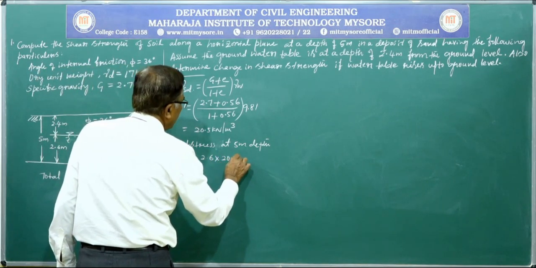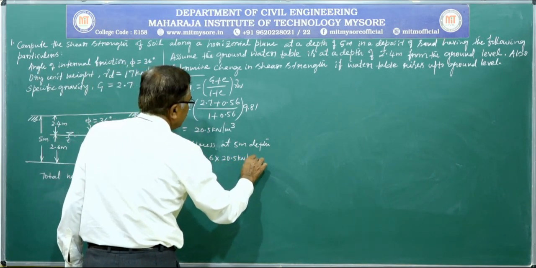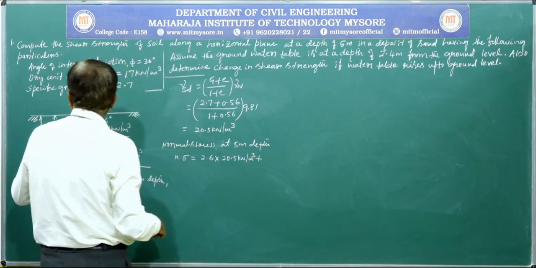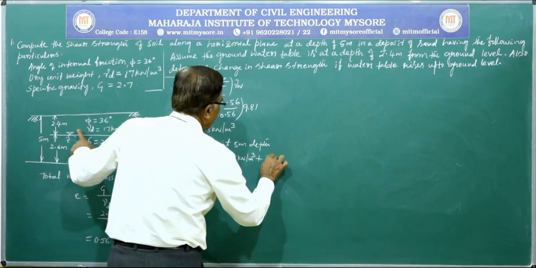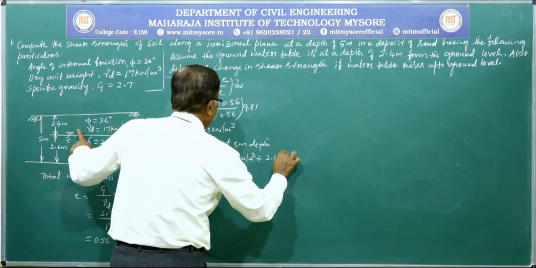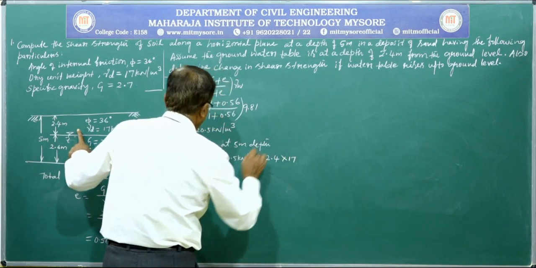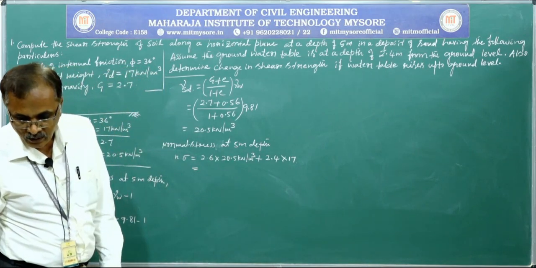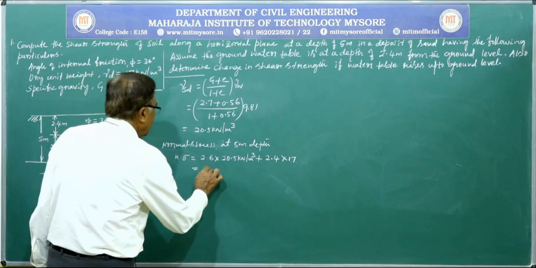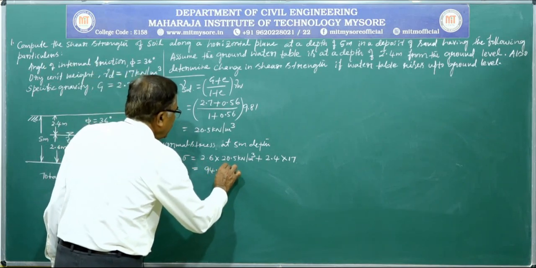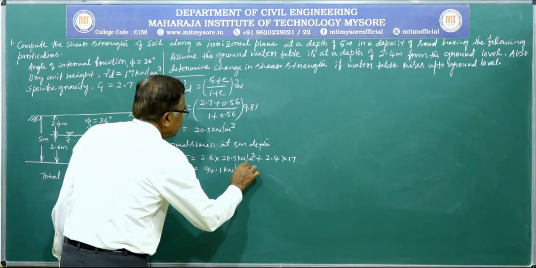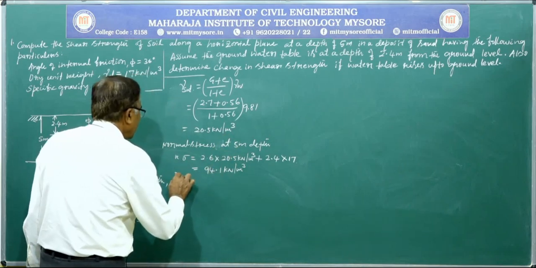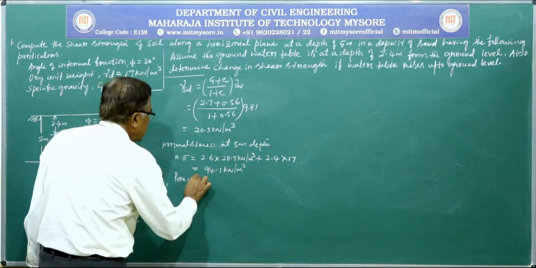20.5 kilonewton per meter cube plus 2.4 above our table, that multiplied by 17, that is equal to 94.1 kilonewton per meter cube. Next, pore water pressure